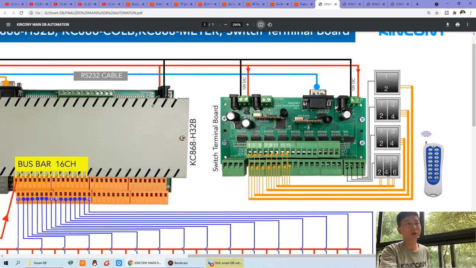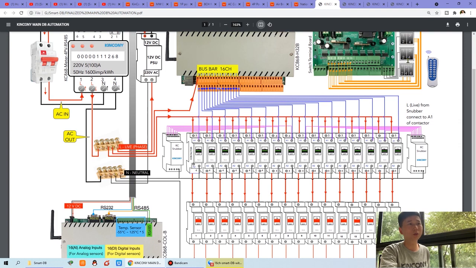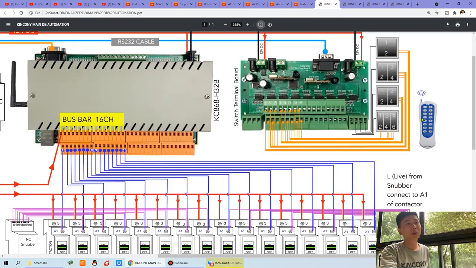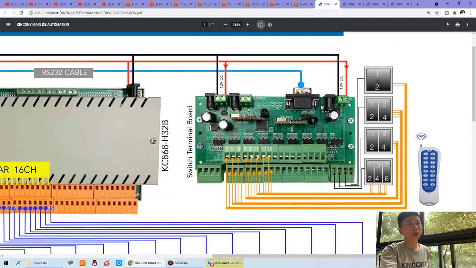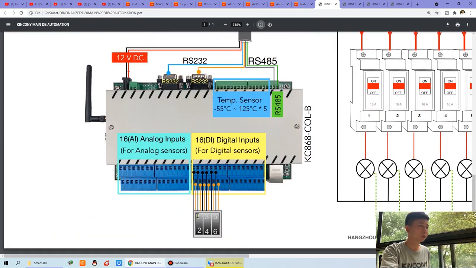You can see this here also has a switch panel. But why have I put a switch panel in here and also in here? What's the difference? This switch panel can control every relay, relay 1, relay 2, relay 3, relay 4, turning every relay on and off. I just fixed the function just for on-off control. And this switch panel,